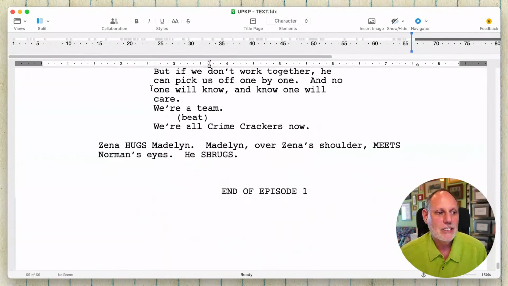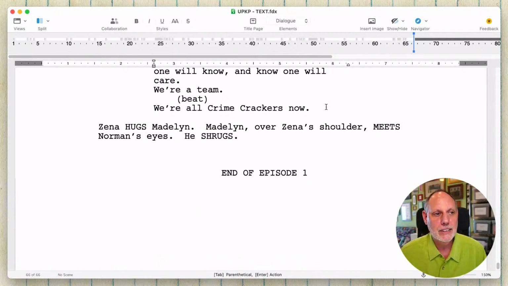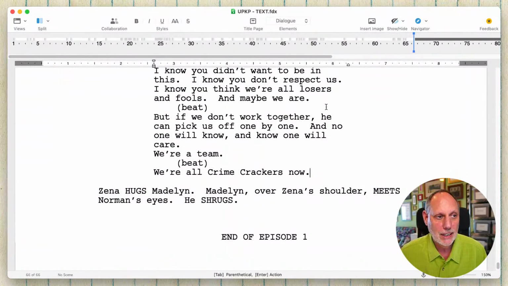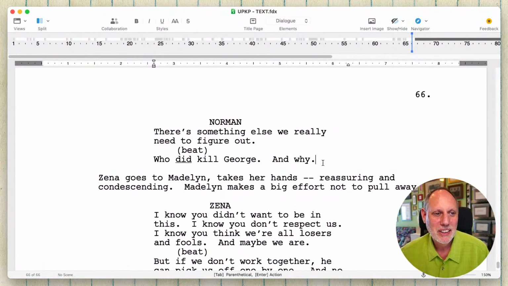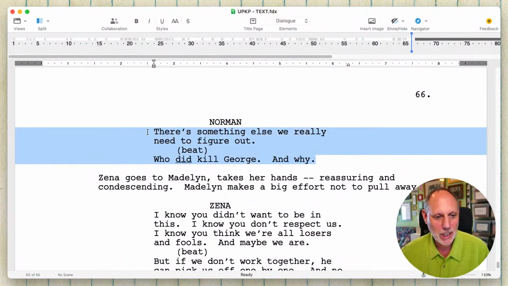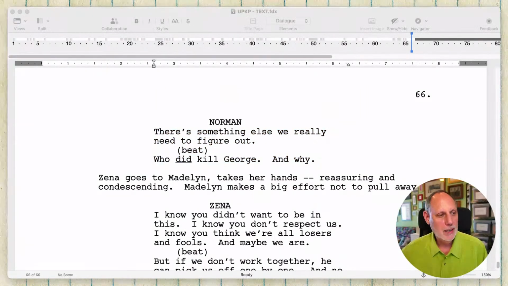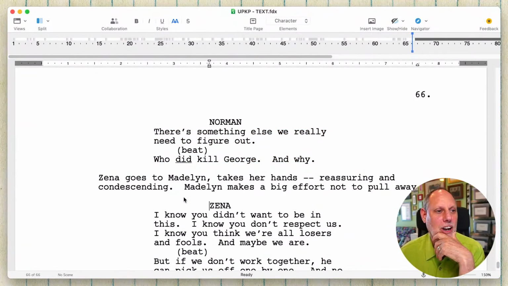Maybe that's because I ended up with the last line I had is, "We're all crime crackers now." And I kind of like ending on that. But on the other hand, it would be cool to end up with, there is a mystery to be solved here, which is who done it. So I am just now going to meditate on that issue because basically I've got a choice, and this is really, really the most important thing I can think I can teach.